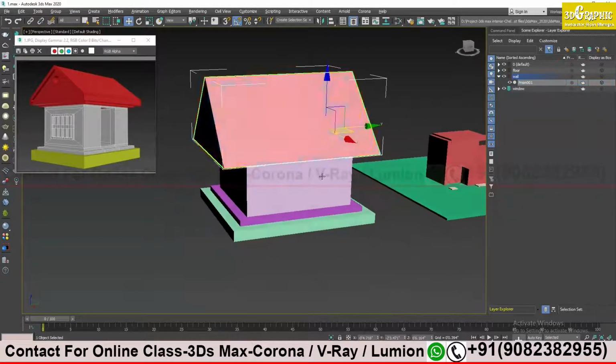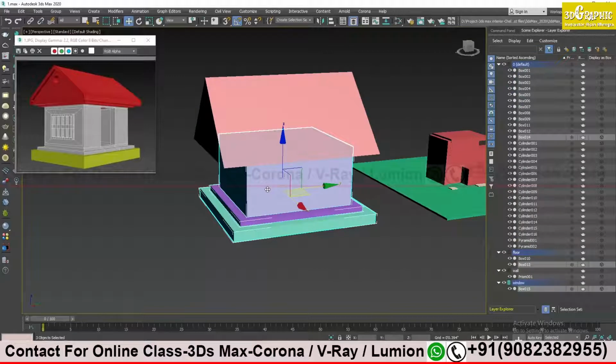Suppose I have multiple objects and I want all of them in the wall layer. I will select all my 3D objects by clicking and dragging over them.